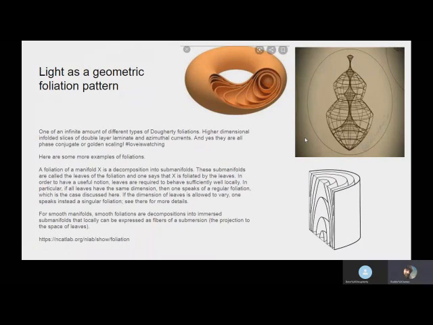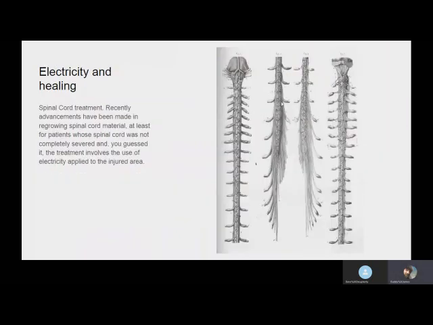For smooth manifolds, smooth foliations are decompositions into immersed submanifolds that locally can be expressed as fibers of a submersion, the projection to the space of leaves. So just getting into more of the math of these leaves and then these individual foliations of information inside of the Birkeland currents, lightning, your body, thoughts, desire, magnitude of desire,